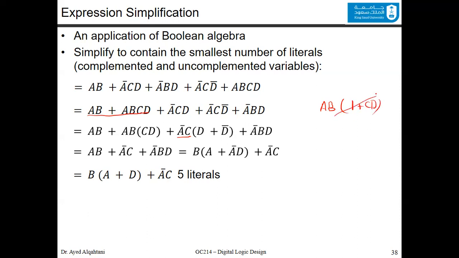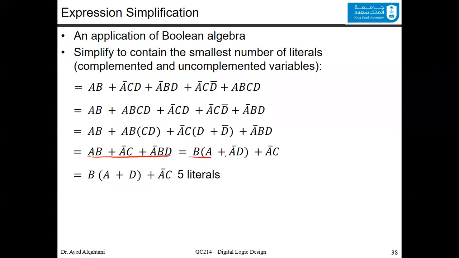1 or anything, you will take it out. So you'll end up only with AB. Similarly, in this side, you will end up only with A bar and it with C, and you are left over with this one. Now, from this, you try to find common factors to reduce the number of letters even more. And you can find that you have B here and here. We took it as a common factor, and we end up with A or A bar D or A bar